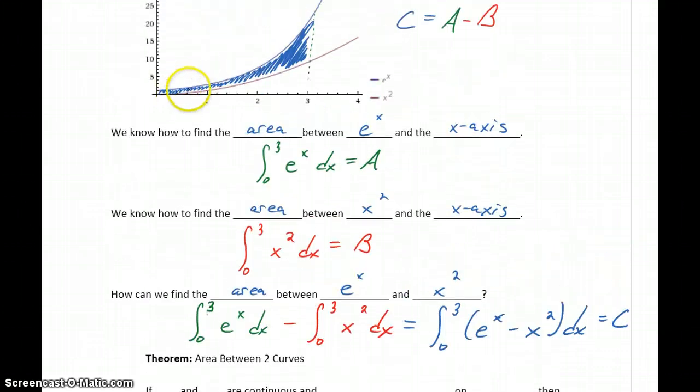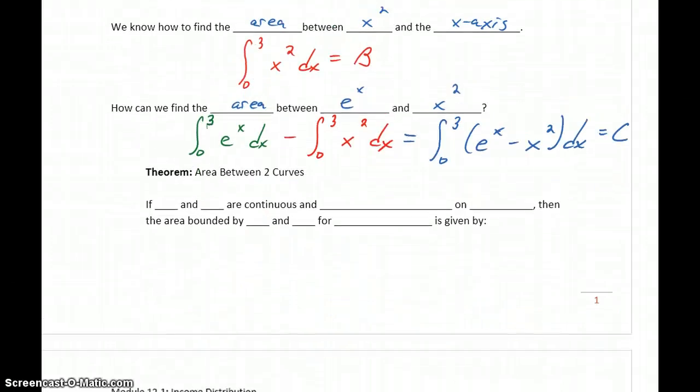So to find this area bounded between the two curves, we're just going to take the area under the curve with the higher function value and subtract out the area under the curve for that lower function value. And that ends up being our theorem for the area between two curves. So if f and g are two continuous functions, and f of x is greater than or equal to g of x, meaning all of our function values for f are greater than all of our function values for g on some closed interval from a to b,